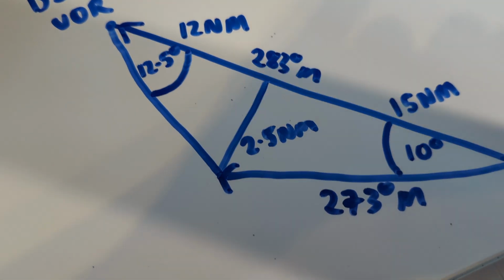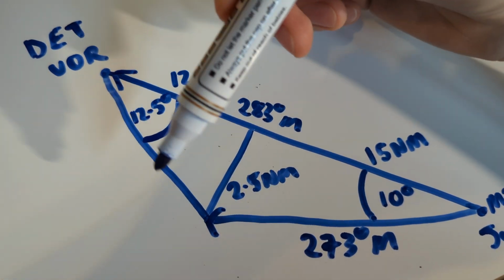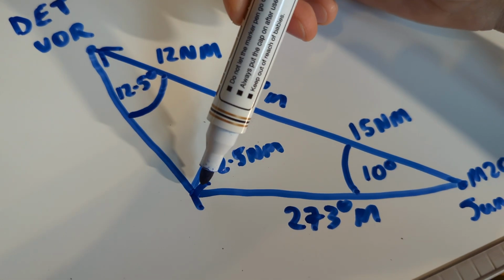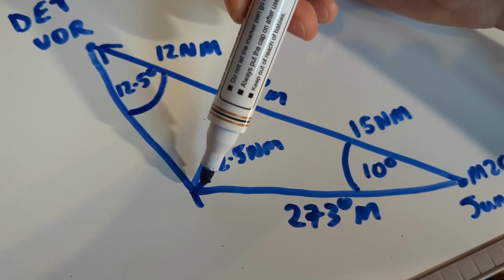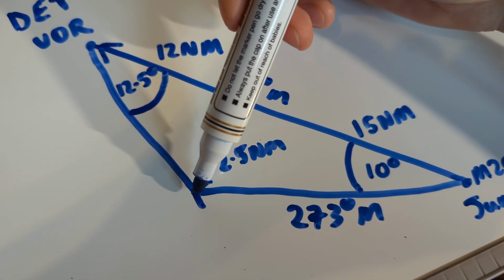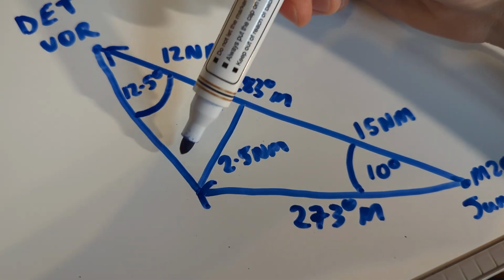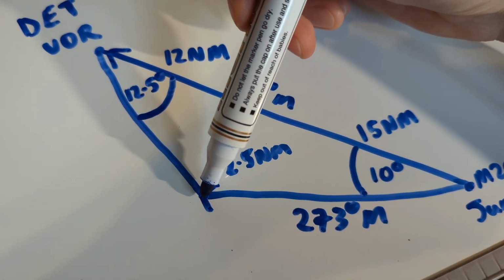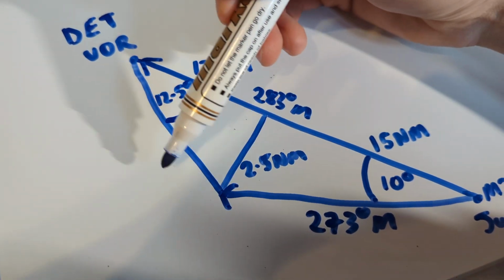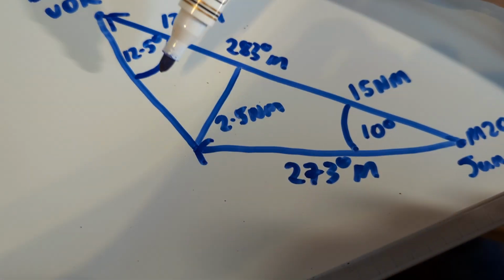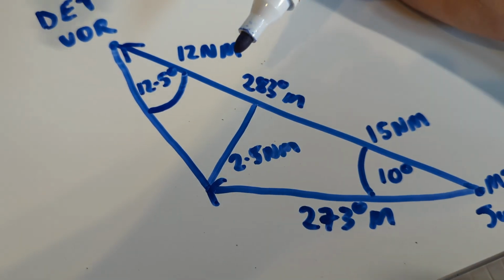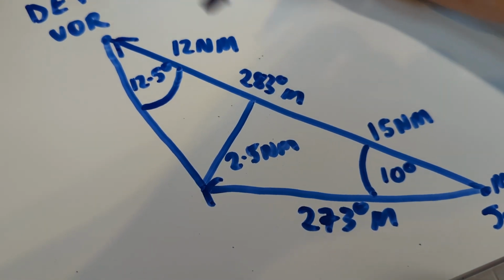So the case is now, what is going to be our angle here? Well, the pilot was flying a heading of 273 magnetic. Why do we do this? 273 degrees plus 10 is 283. So great, if he turned right by 10 degrees, then he's going to fly parallel to the track. So he was going to fly a heading of 283, but that's not what we want. We need to try and find out what the angle is to get to the Detling VOR. So therefore, we need to do